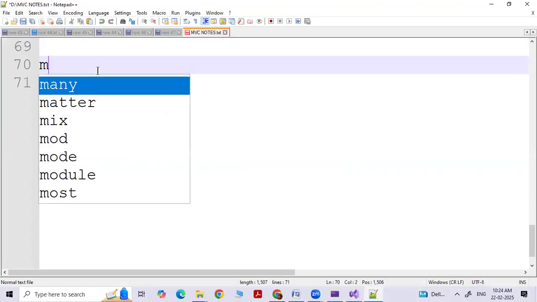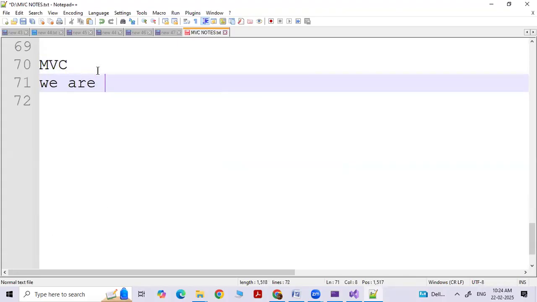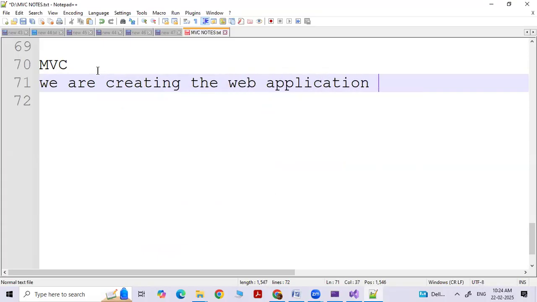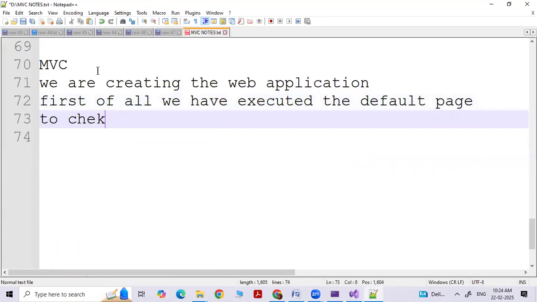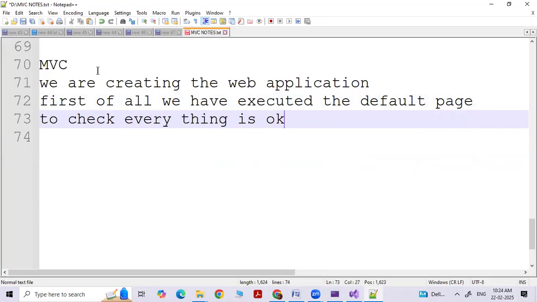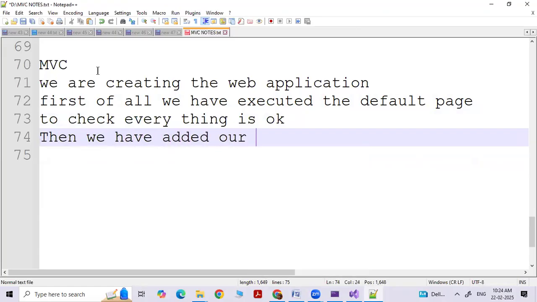Just a moment. In MVC, we are creating the web application. So first of all, we have executed the default page to check everything is okay. Then we have added our own controller